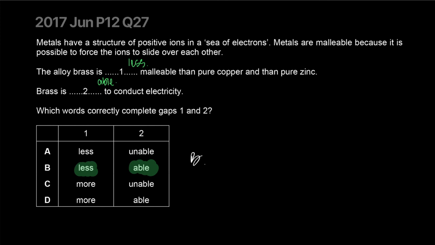Here's metal A with some positively charged ions. I just won't draw too many. And here's metal B. They'll have a different size, so I'm making B a lot larger. So the alloy of A and B is basically a mixture, and brass is a mixture. So if you have an A-B mixture, what you'll have is